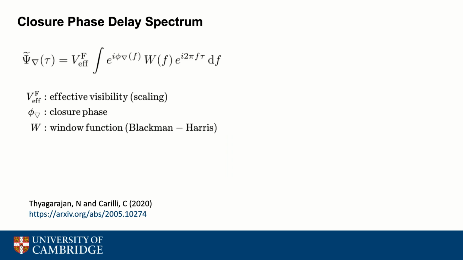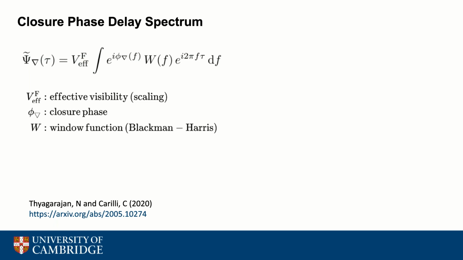So now back to 21 centimeter science and how we can use the closure phase to detect the EOR. So the idea here is that the 21 centimeter fluctuations will also be partly recovered in the visibility phases and should therefore also show up in the closure phase. So in analogy to the visibility approach, we can perform a delay transform of the closure phase, which is essentially a Fourier transform along the frequency axis.